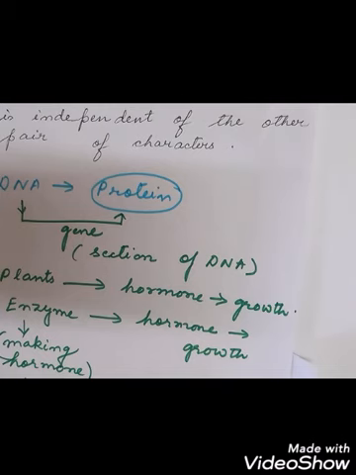Okay. So how are these characteristic features that we are talking about transmitted from one generation to the next? This is by the transmission of the DNA. Okay, this is the DNA, which is called deoxyribonucleic acid, which is the information source for making what? Proteins. So DNA helps in the formation of what? The proteins.